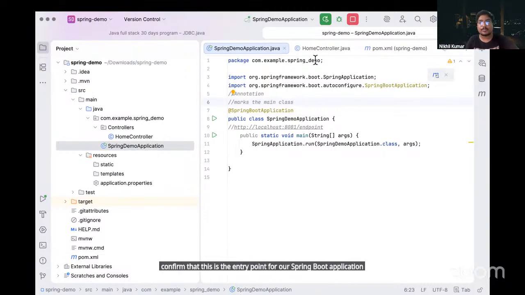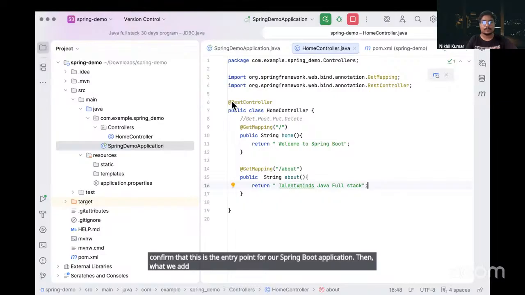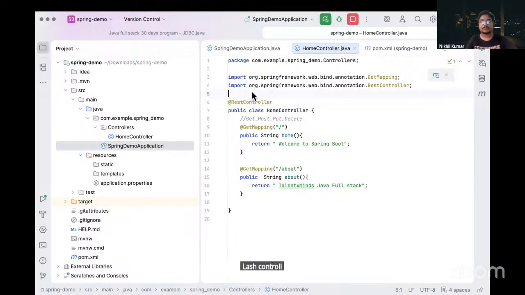Then what we add, REST controller. It marks the class as a REST controller. So it marks that this is our REST controller.